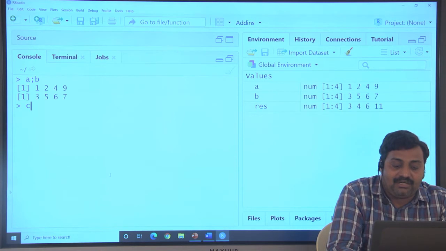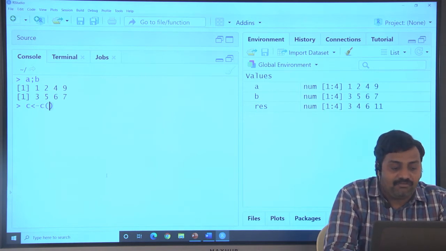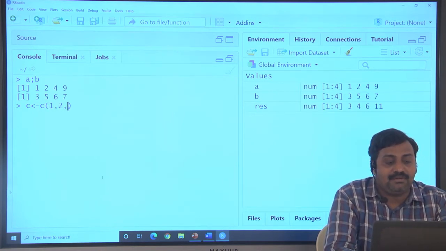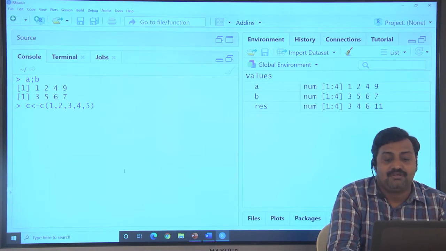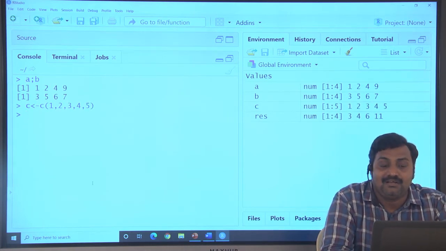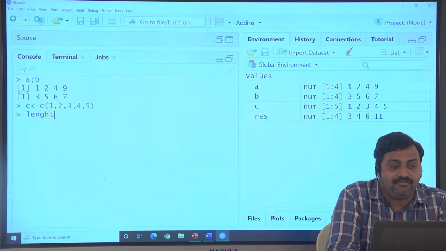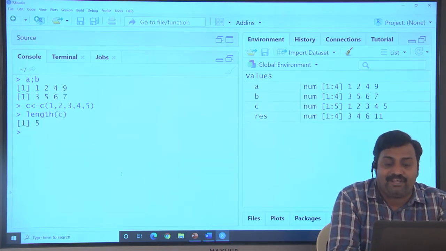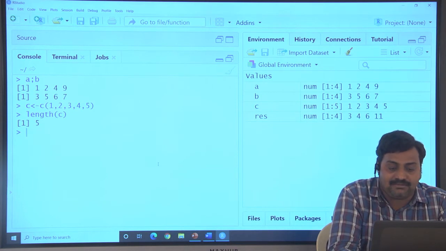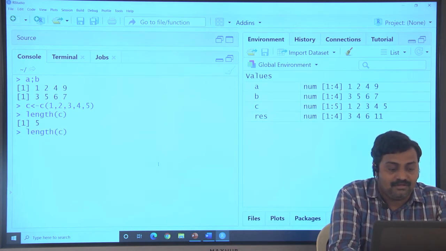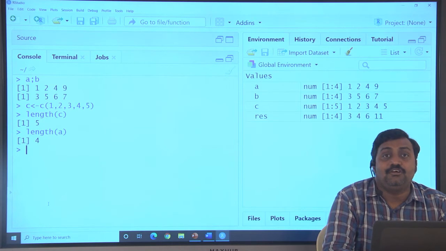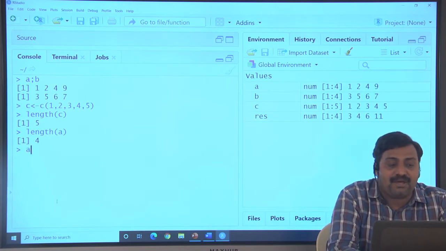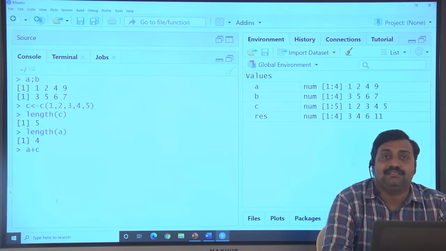Suppose I have one vector C with 1, 2, 3, 4, 5. The size of a vector can be found with the help of length. What is the length of vector C? 5. And the length of vector A is 4. Now, what will happen if I perform A plus C?